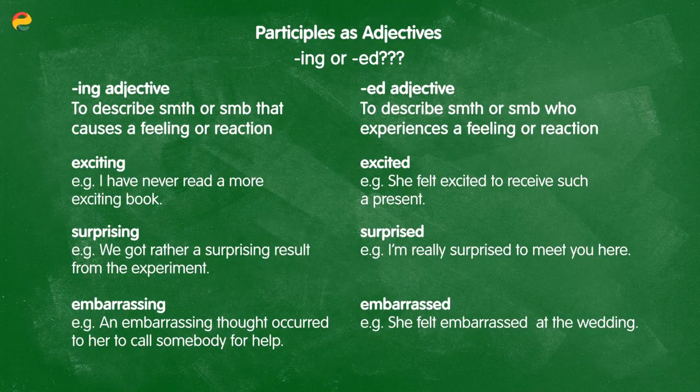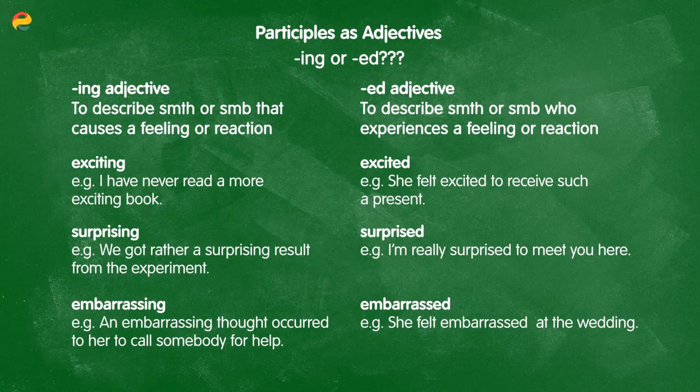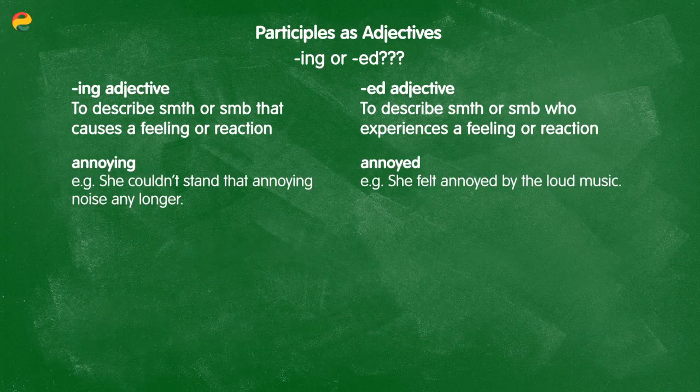The next words, surprising and surprised. For example, we got a rather surprising result from our experiment. Here, describing the result. Or, I'm really surprised to meet you here. Describing myself, I am surprised. Or what about embarrassing or embarrassed? Here, an embarrassing thought occurred to her to call somebody for help. Now, be careful. Even though embarrassing is at the beginning of the sentence, it's still describing the thought. It's not describing her state. It's describing the thought. Whereas in the sentence, she felt embarrassed at the wedding, it is describing her feelings, what she herself experiences. And finally, annoying